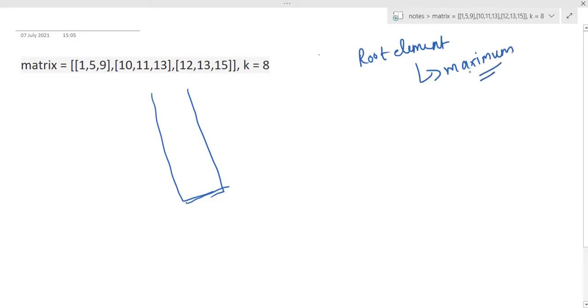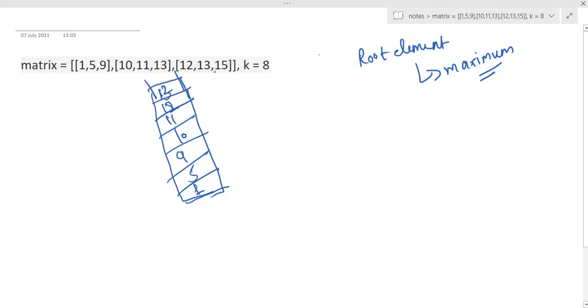Basically this is the property of max heap, we know that, right? So what you have to do, first of all you'll be pushing 1, you'll be pushing 5, you'll be pushing 9, then 10, then 11, then 13, then 12. Now you will see, okay, 12 is lesser than 13, so 12 will be here and 13 will be here, right?